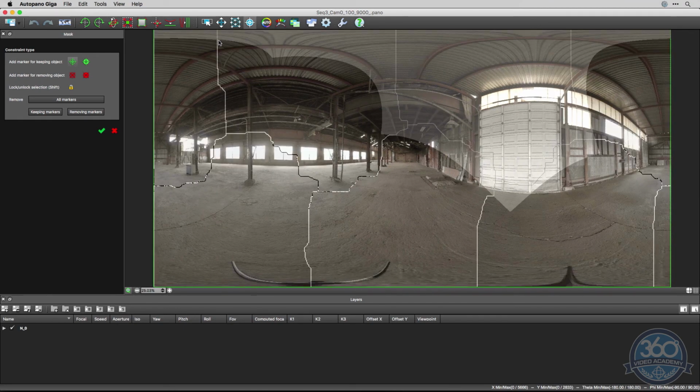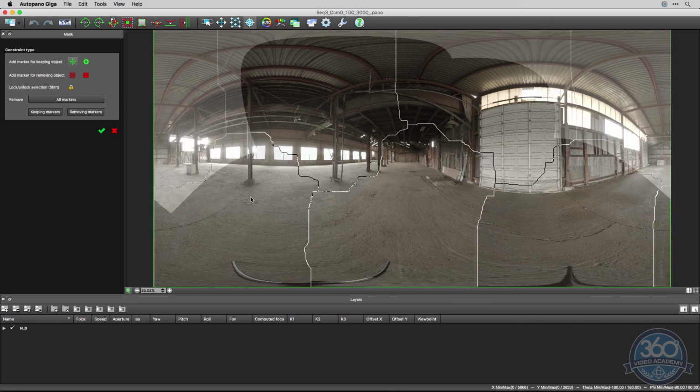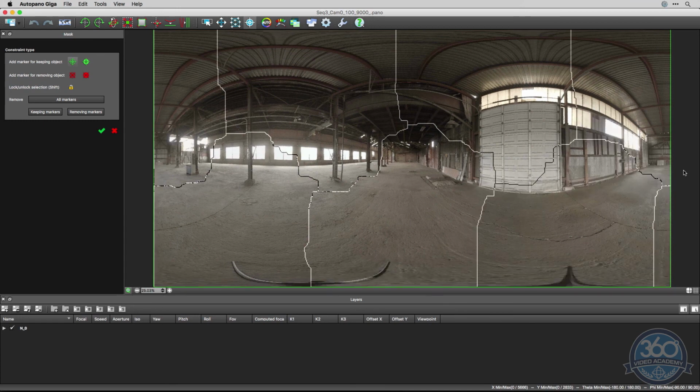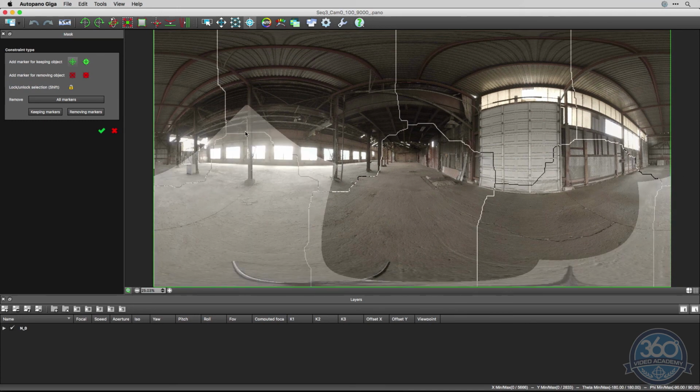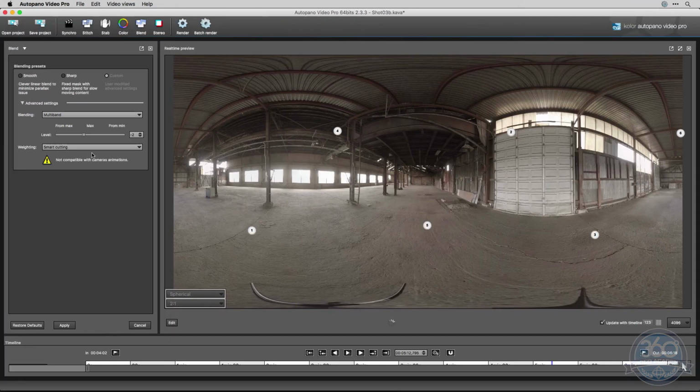Instead of doing those big, long, elongated seams, it tries to keep things a little bit more angular, which can be helpful and useful in certain scenarios, but it might actually make it look worse in some scenarios. And from here, you can of course continue to do any masking and do it that way. So that's kind of nice, and the way it does it is a little bit different too. With all of these, it's good to experiment and see what works, what looks best for you,